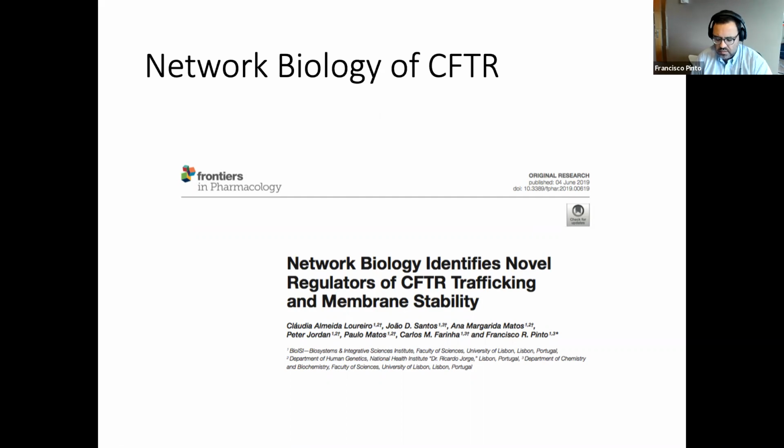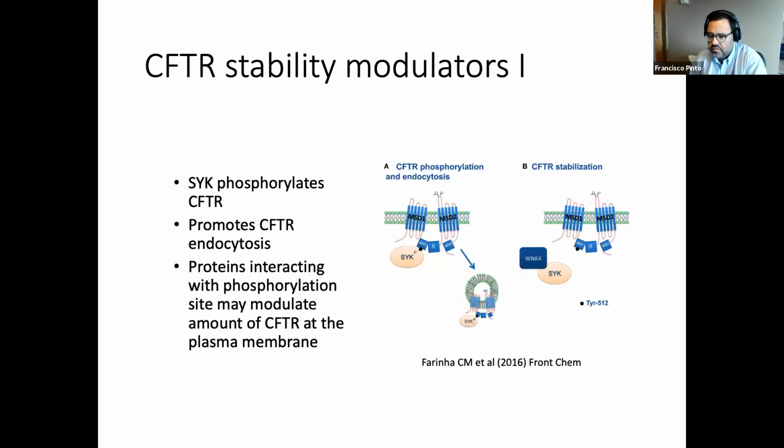where its function is executed, or once it gets to the plasma membrane, it doesn't transport chloride efficiently, so the gating of the channel is not perfect, or the protein is very unstable in the membrane and it is endocytized and degraded. A group of collaborators in our research center, BioEasy, a big group studying cystic fibrosis, have different previous evidences of mechanisms that could help to stabilize mutated CFTR